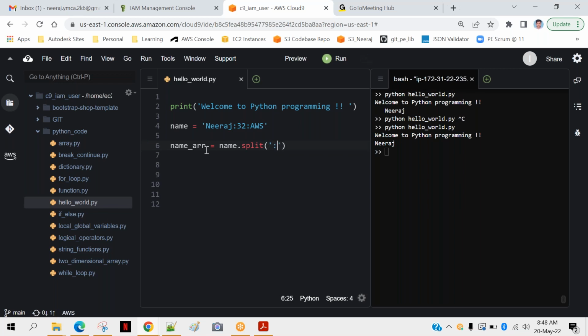And then this will be converting into an array. If you want, you can try printing the array. So I will print this one. And then you see this. Your string has been split based upon some character and converted into an array.